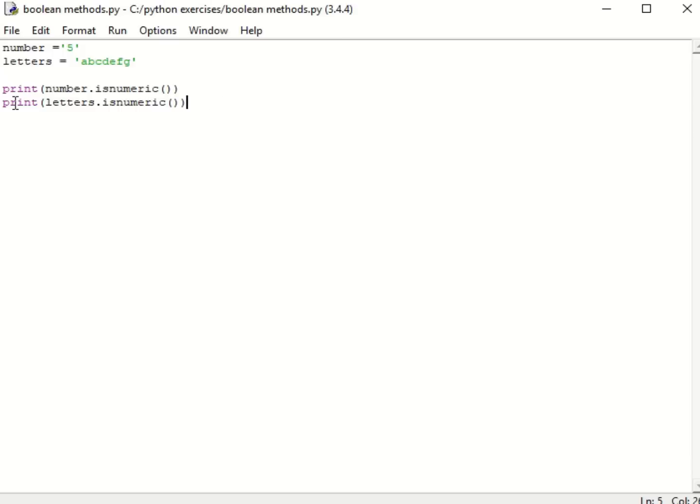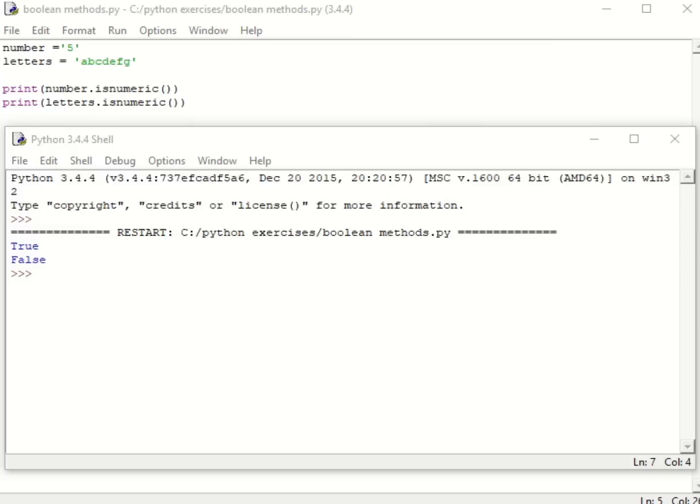If we have a look at these two lines, the first is print number, which is the digit 5, and isnumeric. And isnumeric means the string consists of only numeric characters. And we would hope that this would come out as true. Print letters isnumeric, well, that's the same thing, but these letters are definitely not numeric, so it should come out as false. Let's run this quickly. As we'd hoped, the number has come out as true,